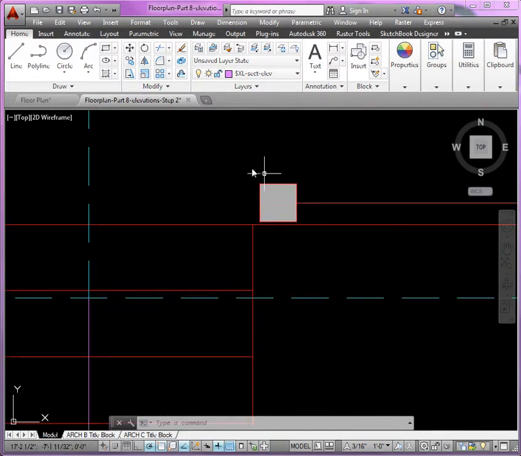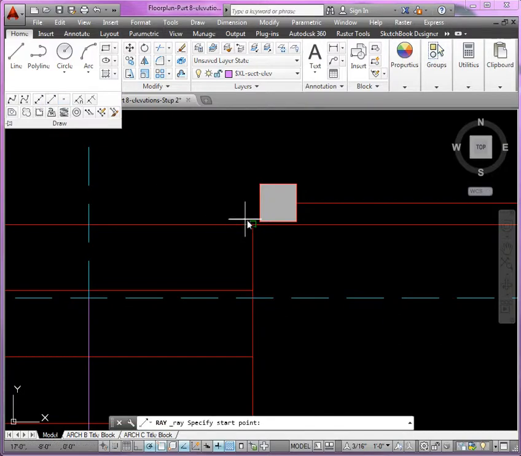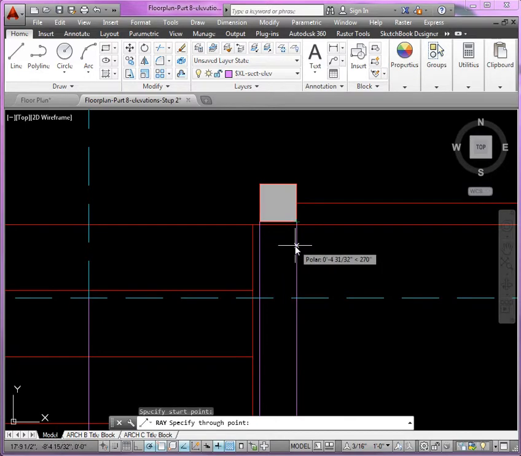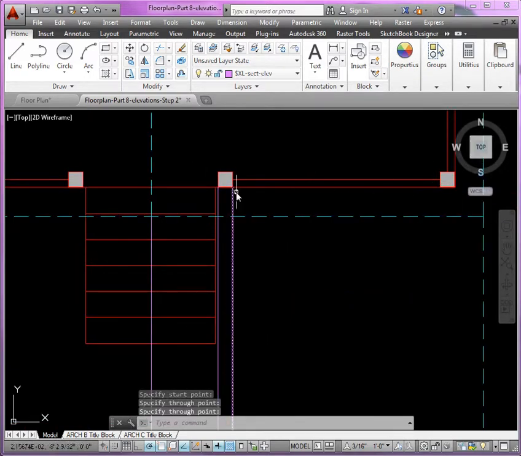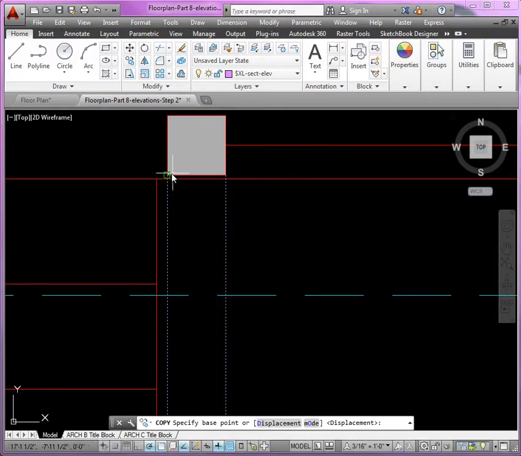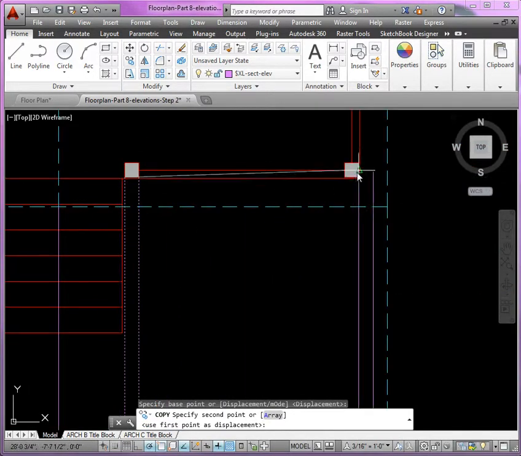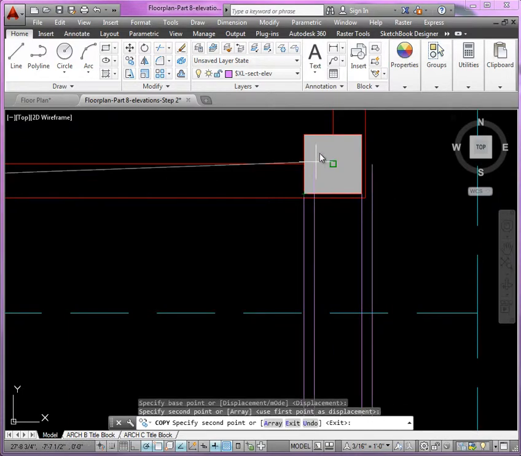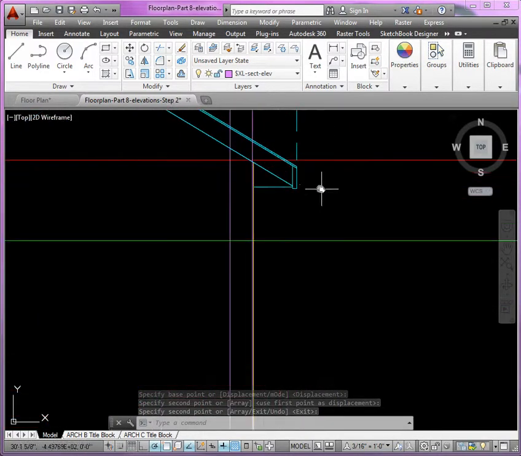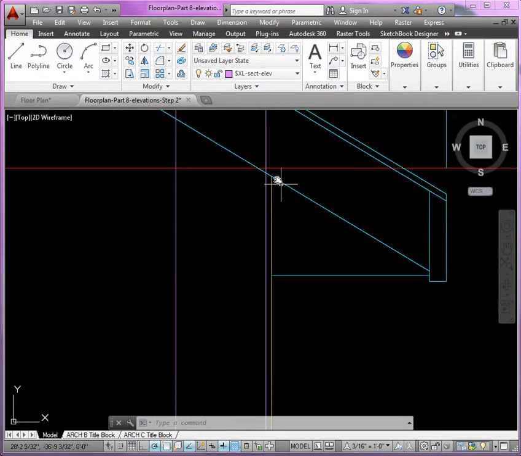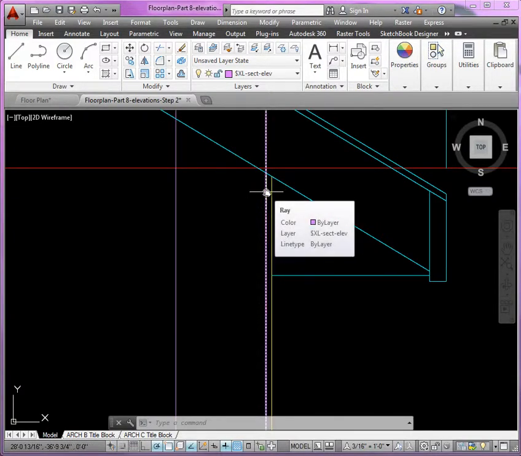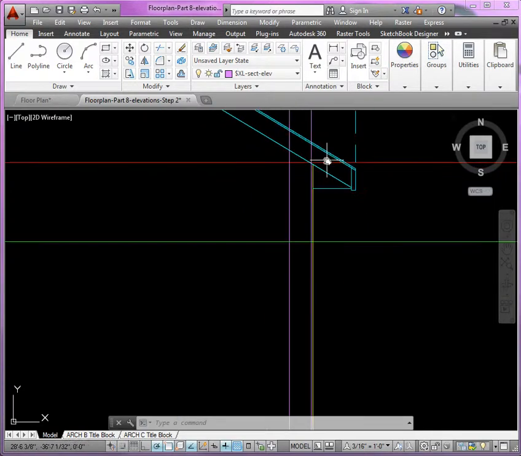And first, let's create rays so you can locate them in the elevation. So from this corner and this corner, we project the location of the columns. Since they're the same size, we could select both of these and just do a copy selection from one base corner to the other. Now, since we already completed the outline of the building, you can see right here as we zoom in,